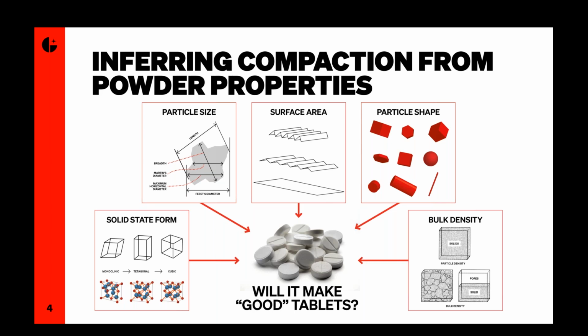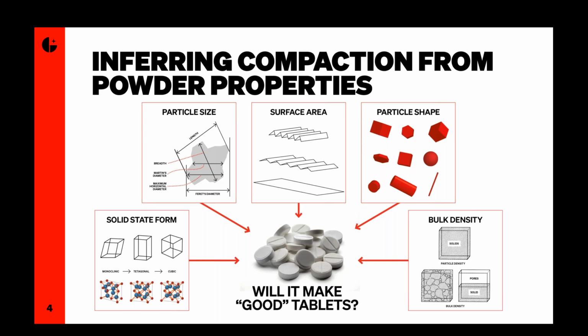But really, I wasn't interested in these properties in and of themselves. I was trying to infer from these properties, is the powder I'm looking at going to make a good or a bad tablet? And is the change between this powder and this powder going to impact tablet quality? And the problem with this approach is that even if you understand your formulation and the role of each component, and you understand how each of these properties can impact tablet quality, and you understand the techniques used to measure them and how to interpret the results and the history of your formulation,